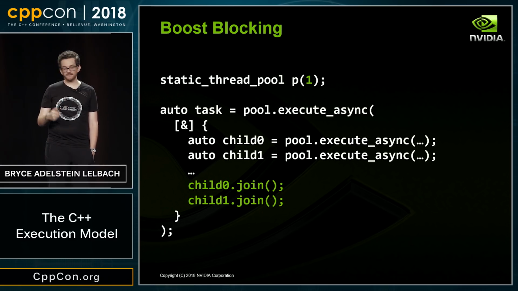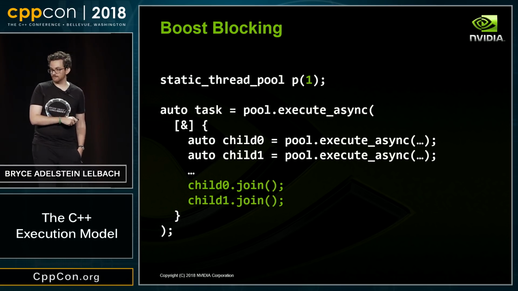So what would happen is I would put this task in the queue, it would start executing this task, then it would add these tasks to the queue, and then it would join and block on those tasks, and then it would just keep blocking forever because there's no other thread in this thread pool to run this task.